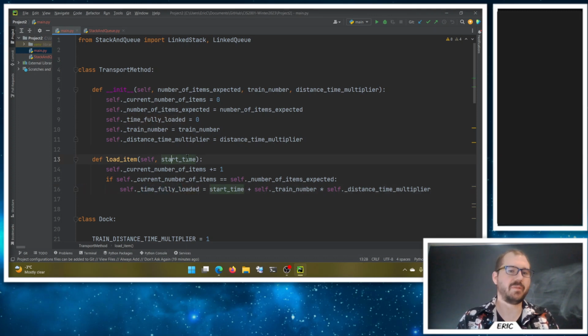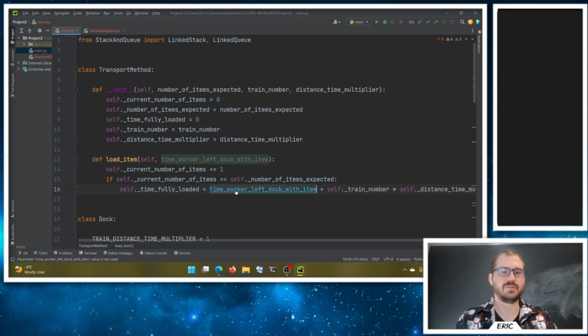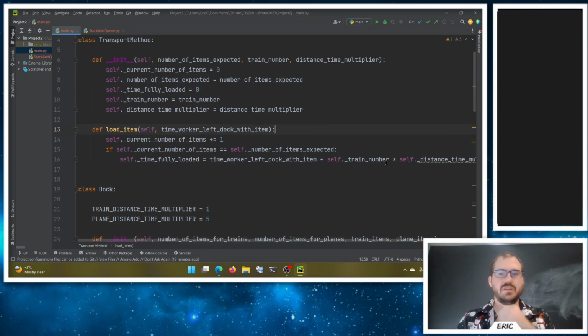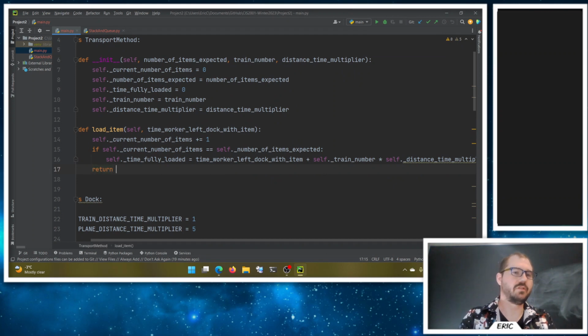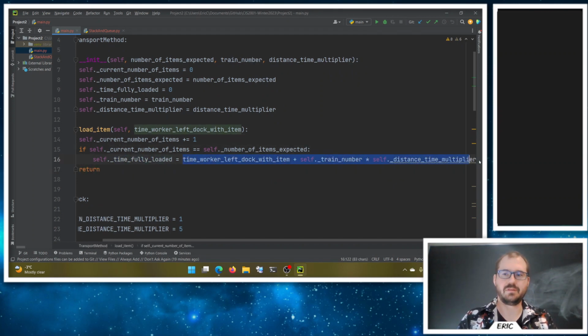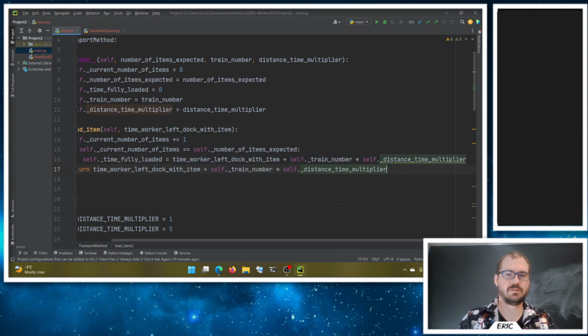right? Or maybe instead of start time, this is time worker left dock with item. How about that? That's even nicer, right? You know exactly what we're expecting here. The time the worker left the dock with the item, right? And then when we're done here, we can return the time the worker left the dock. All of that times 2, because it's the round trip,